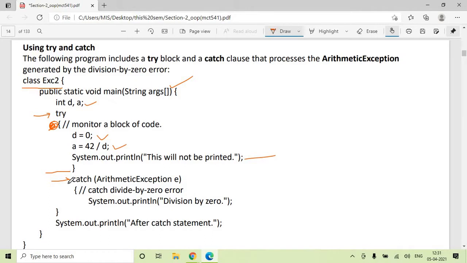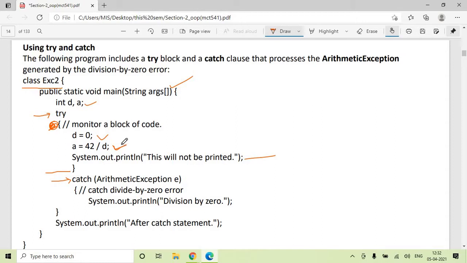Since you know that this particular line will generate an exception of type ArithmeticException, you need to write an appropriate handler for that.